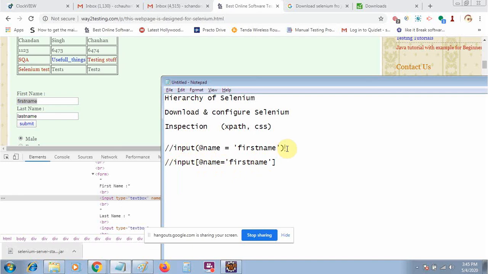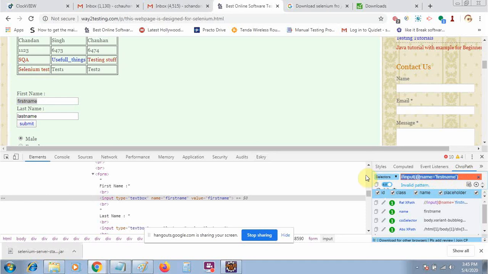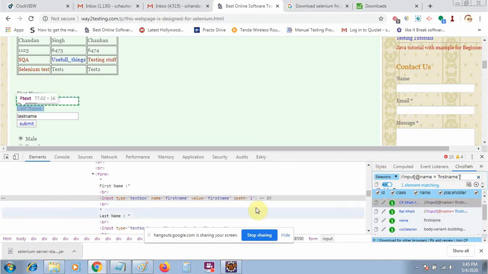The braces error is here. The braces will not be like this one, they will be like this one. Square brackets will be there. So let me put the square brackets like this. If you press enter, you will get one element, which is highlighted.